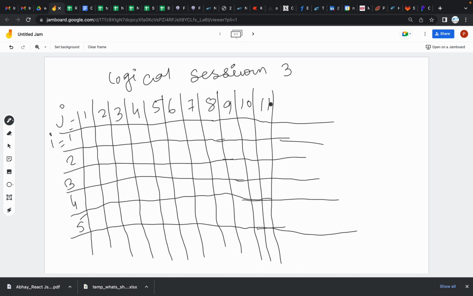Now, the structure is somewhere like this. 1, 2, 3, 4, and there's 5, and so on. So it's like a pyramid triangle. So if you see,